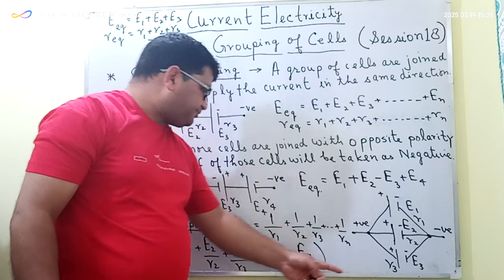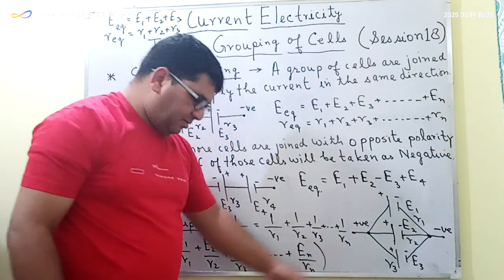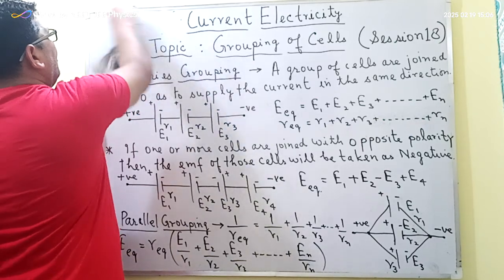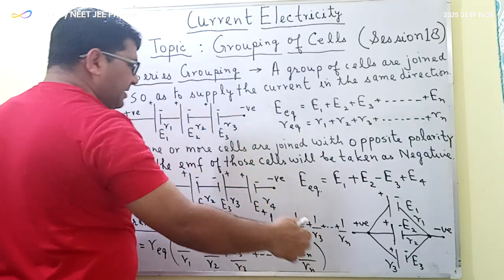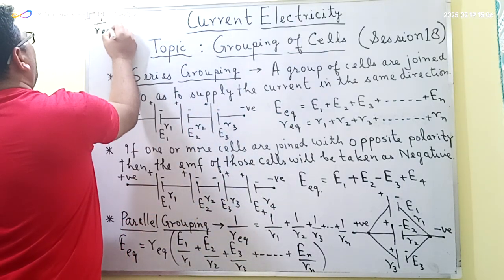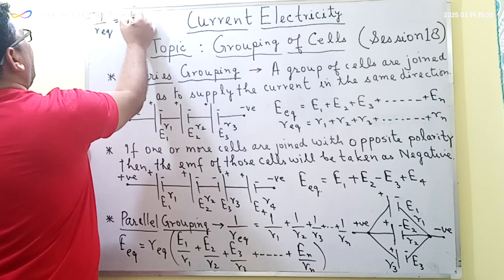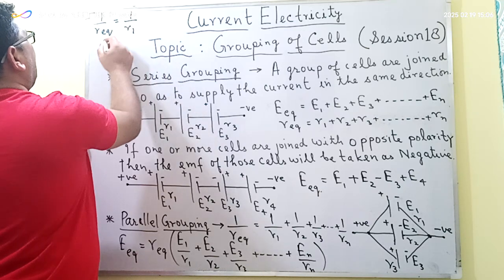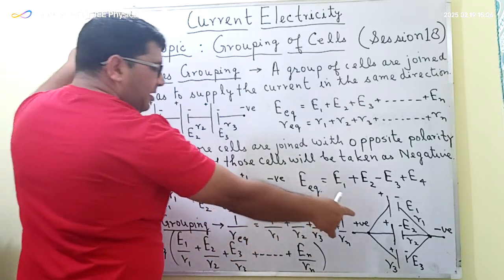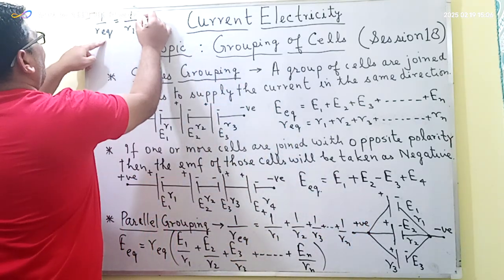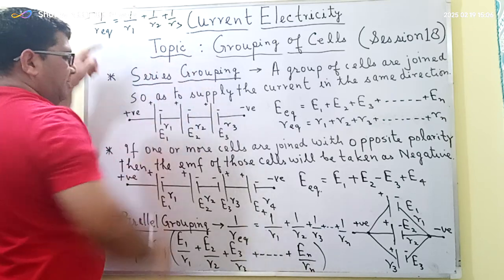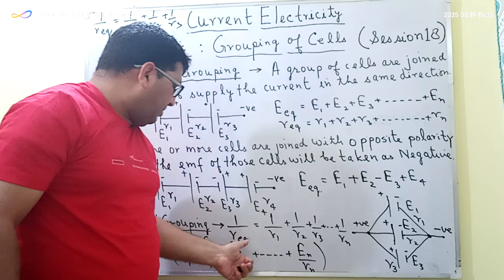So in this case, this equivalent EMF and the equivalent internal resistance. So in this case, the equivalent internal resistance will be given by this formula, that is 1 upon R equivalent, where R equivalent is the equivalent internal resistance of this parallel grouping of cells, which is equal to 1 upon R1 plus 1 upon R2 plus 1 upon R3. And if there are n cells, then this is the formula, that is 1 upon R